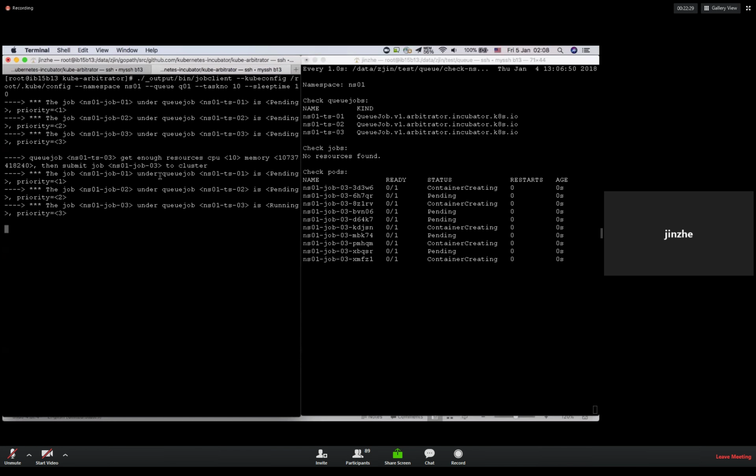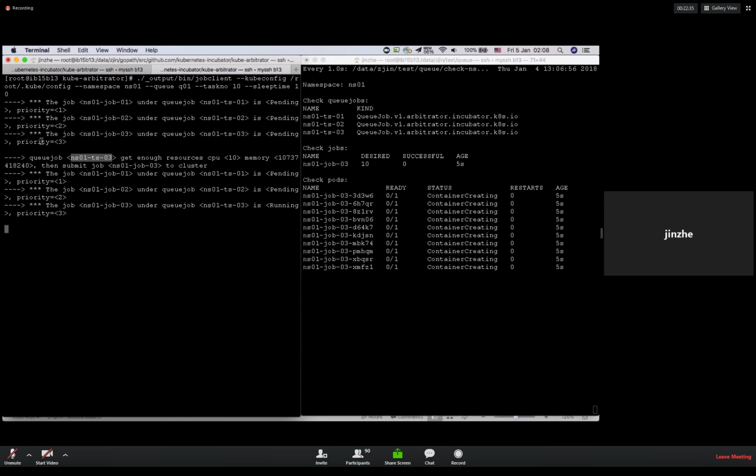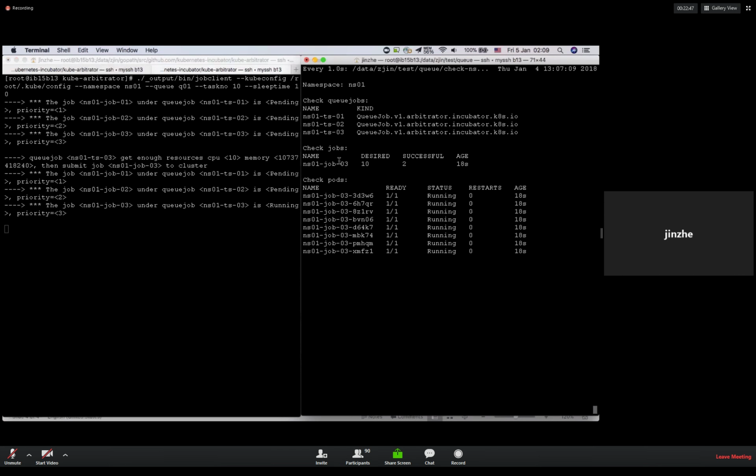And now we can see that the queue job with the highest priority gets resources, and the user client submits jobs under the queue job.